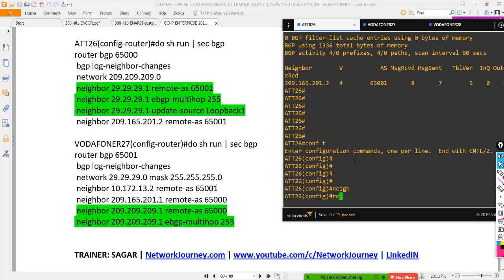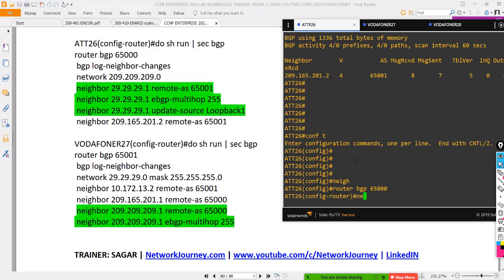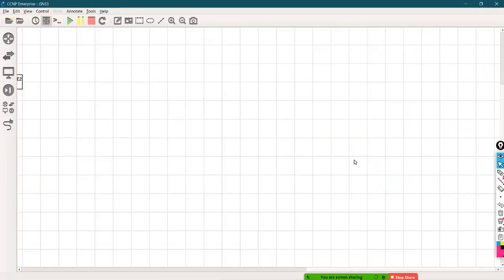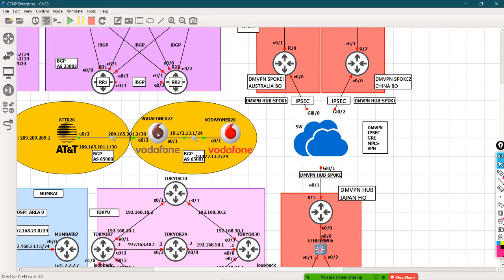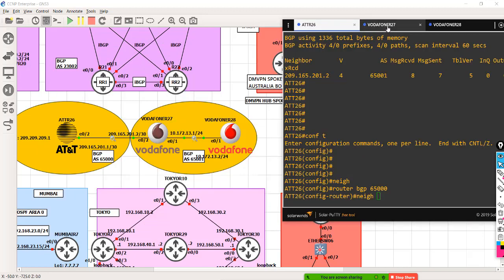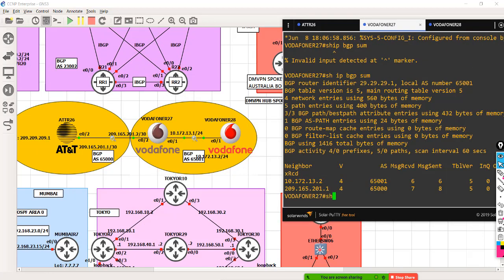Let's enter router BGP 65000. Let's say I wanna become neighbor with the loopback of Vodafone R27. So what is the loopback of that? So let's see that.